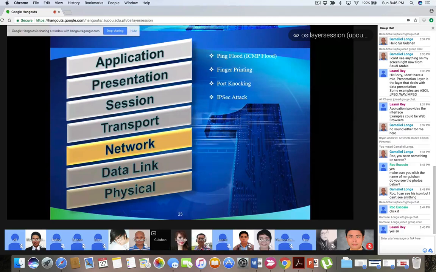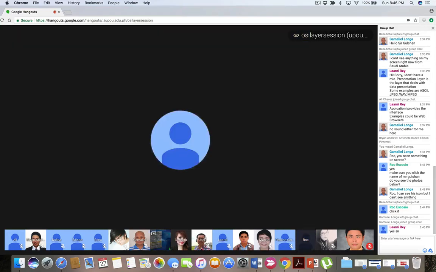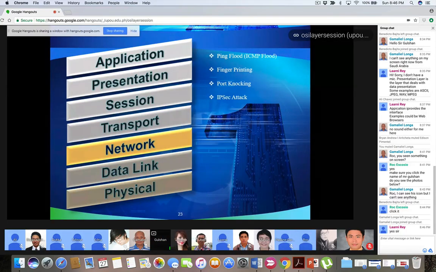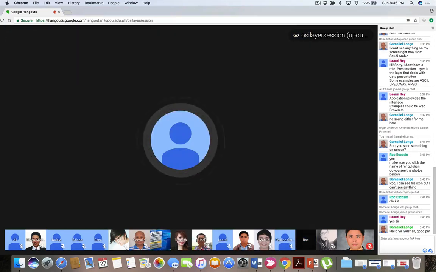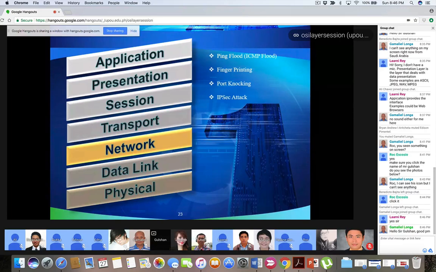Similarly, port knocking. Port knocking is a technique generally used for security, and it is also a technique used by hackers to know which ports are available. How many ports do we have in a network? 65,534 to be precise.